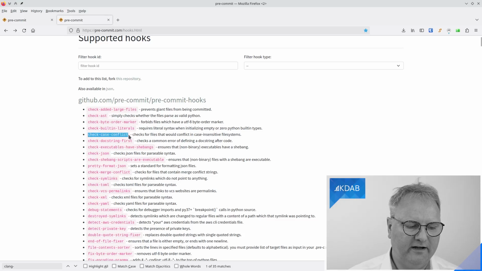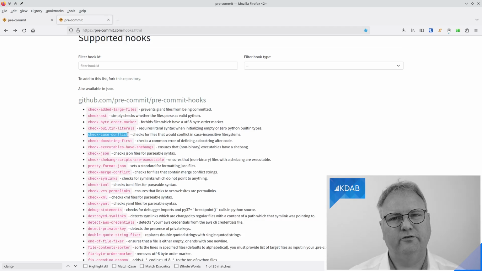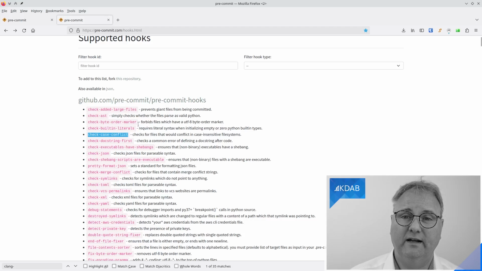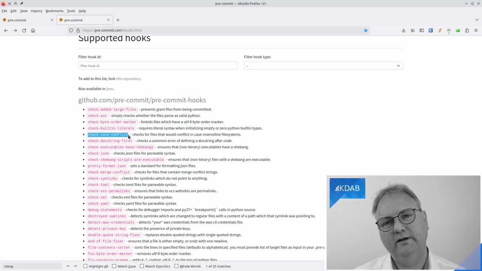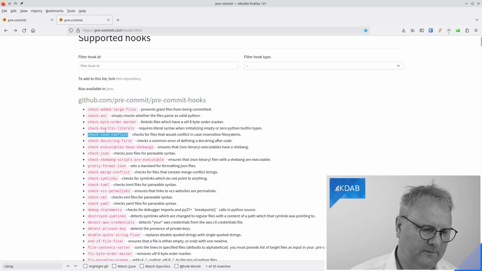Check case conflict. Ooh, that's a good one. If you're on Linux, then case matters. On Windows, it doesn't. So if you have two files that are called exactly the same, but with a case difference, then you would actually get an error from this one when you try to commit it on Linux, which will save you on Windows.